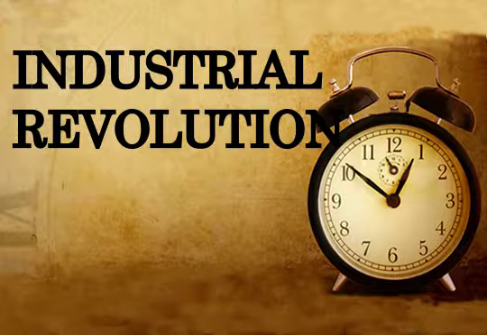GDP per capita was broadly stable before the Industrial Revolution and the emergence of the modern capitalist economy. While the Industrial Revolution began an era of per capita economic growth in capitalist economies, economic historians are in agreement that the onset of the Industrial Revolution is the most important event in the history of humanity since the domestication of animals and plants.